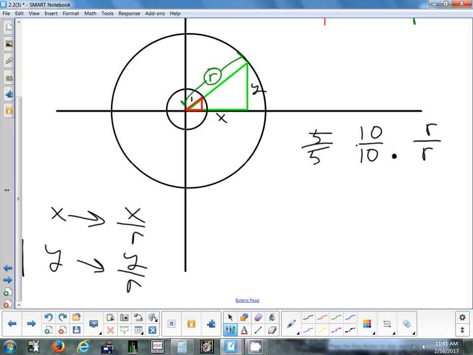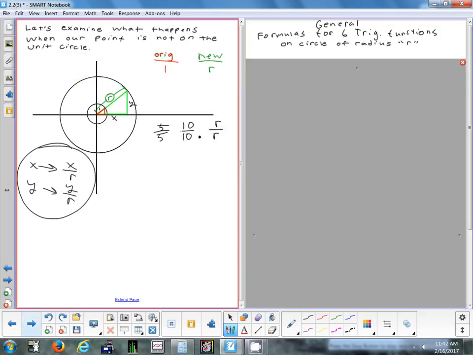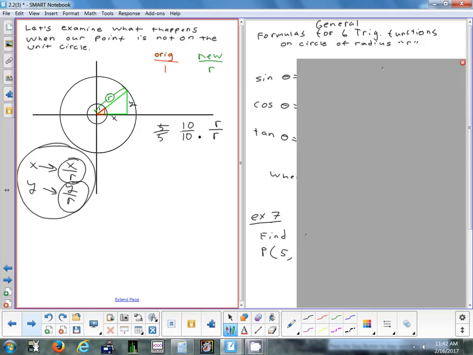Right, so what I'm going to show you, basically, let's keep these two things in mind. I'm going to show you the 6 formulas, very, very similar to what we already know, except in these formulas, everywhere we had an x, we now have to make it an x over r. And everywhere we had a y, we're going to make it a y over r. That's the idea of scaling that green triangle back down to a smaller one, so it's back on the unit